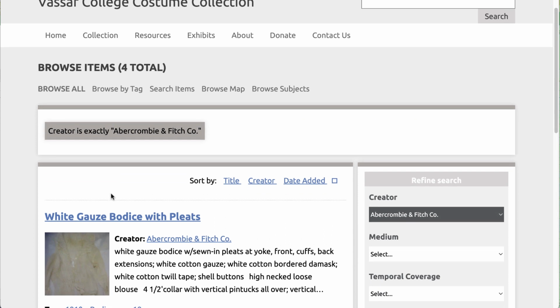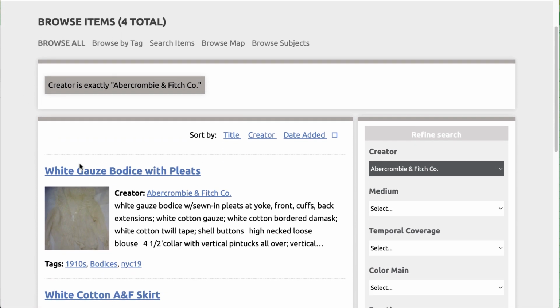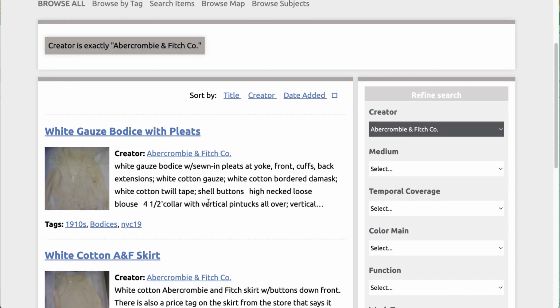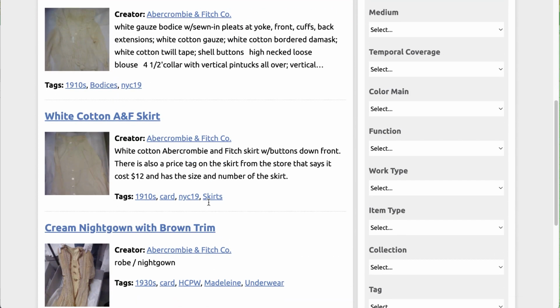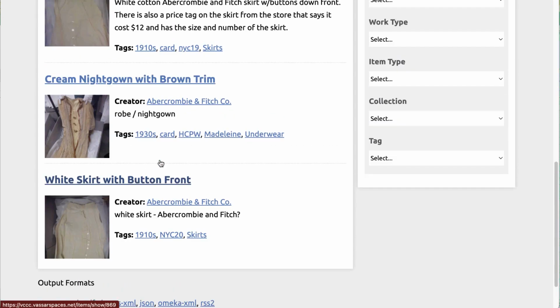Once you get search results like this, or if you're on the browse all or browsing the main collection page, you're going to see that in this list page, each item is displayed with a title, a square thumbnail. Where there is data available, it will list a creator, a date if it's available, a snippet of the description, and any tags that have been assigned to it. So in this case, these particular things, we're not so much seeing dates. There have been tags that have been assigned, but